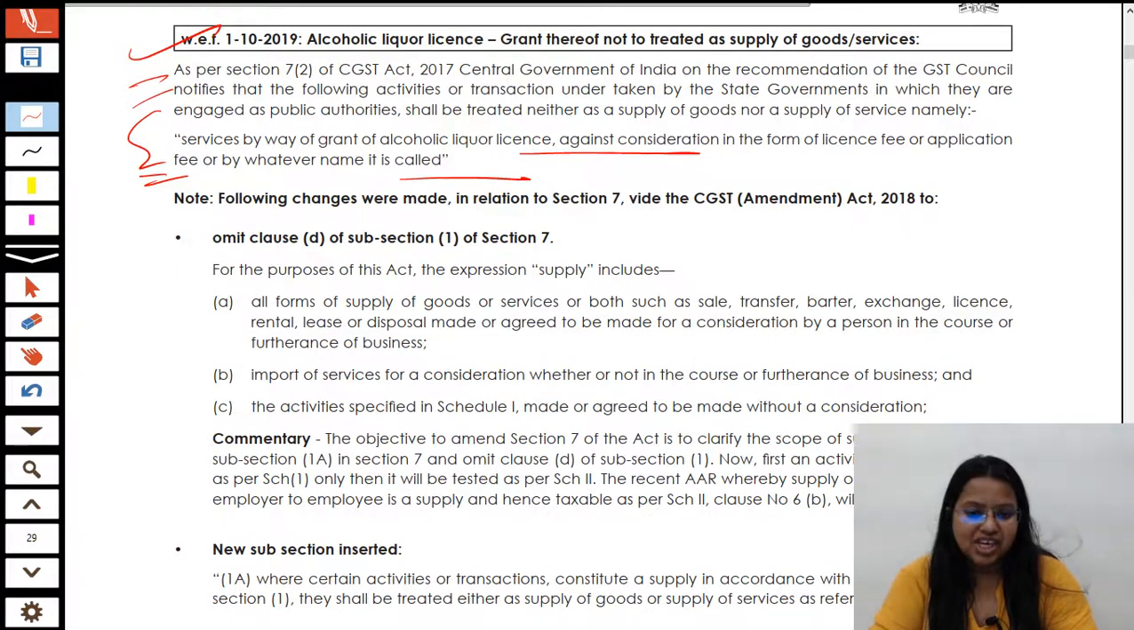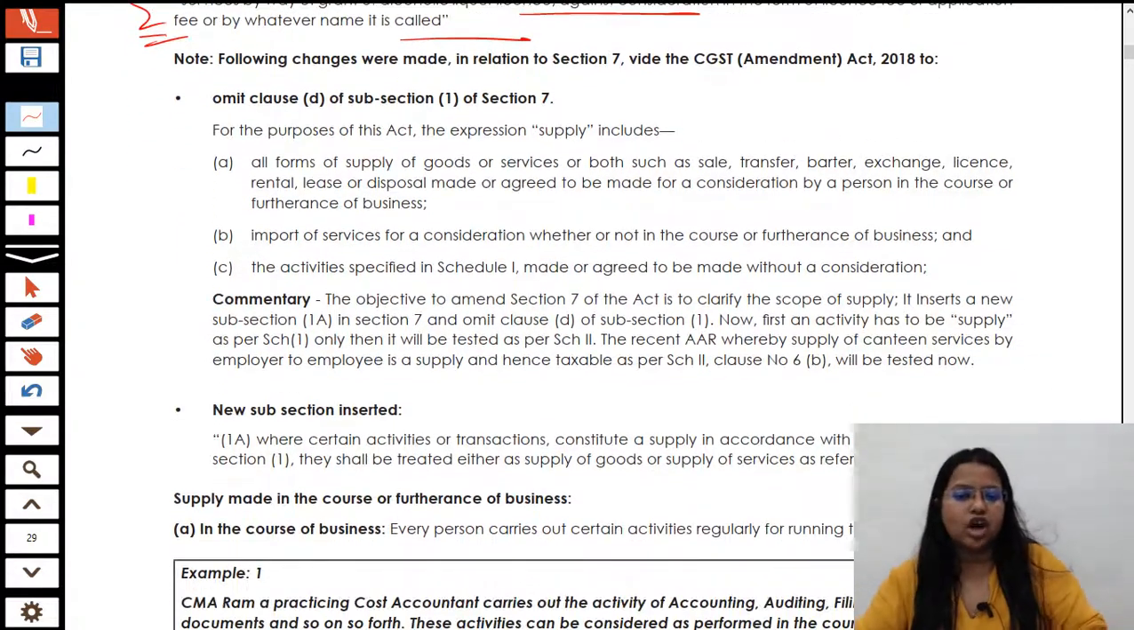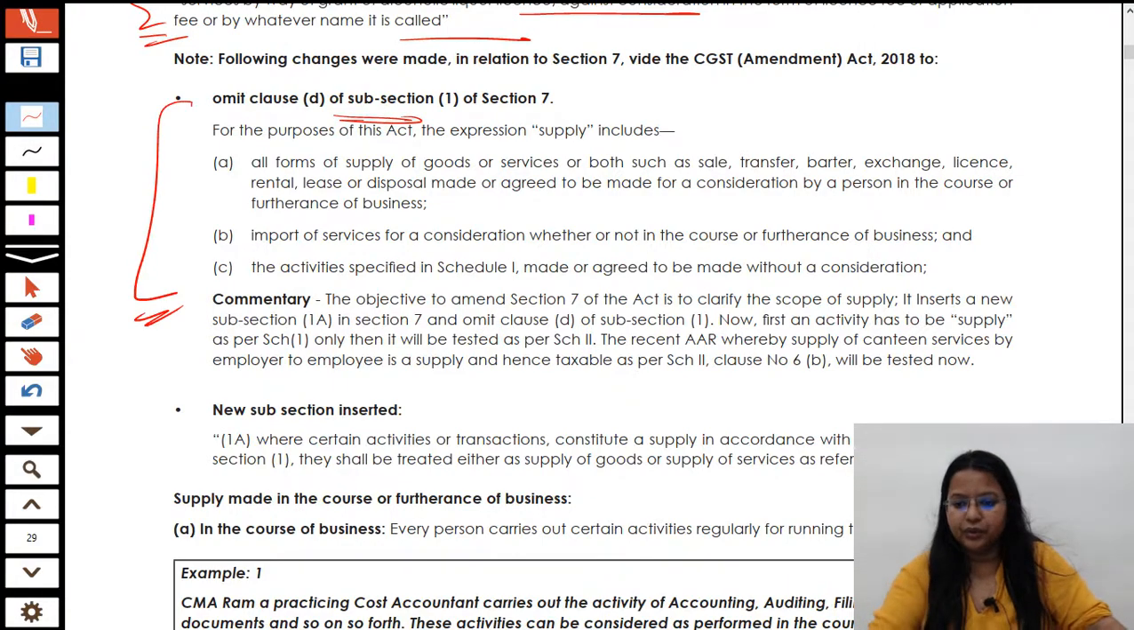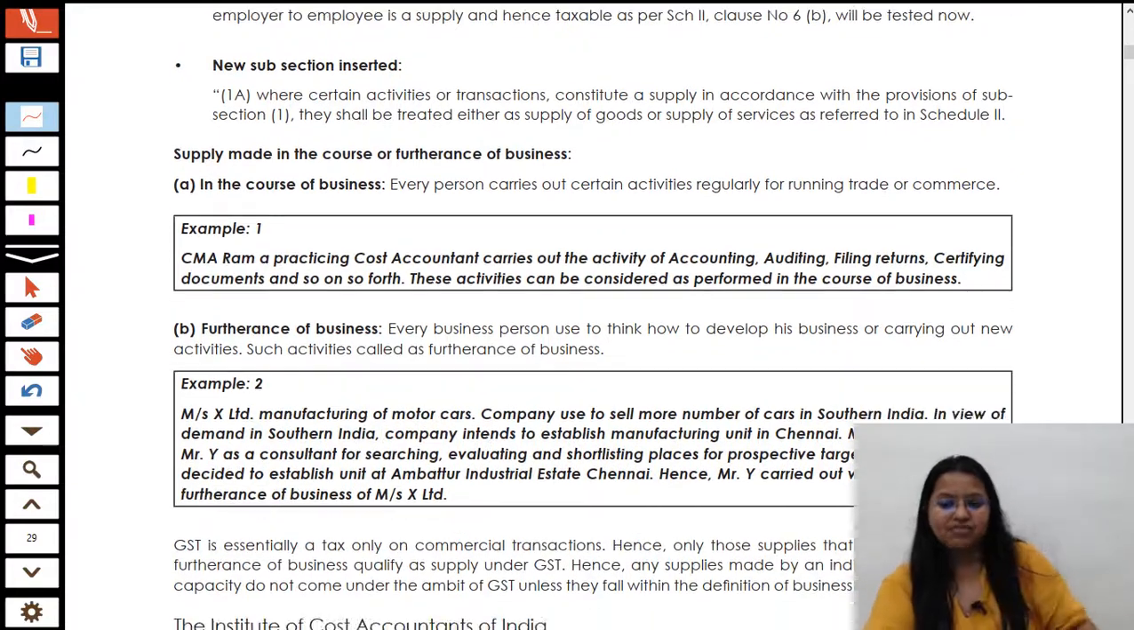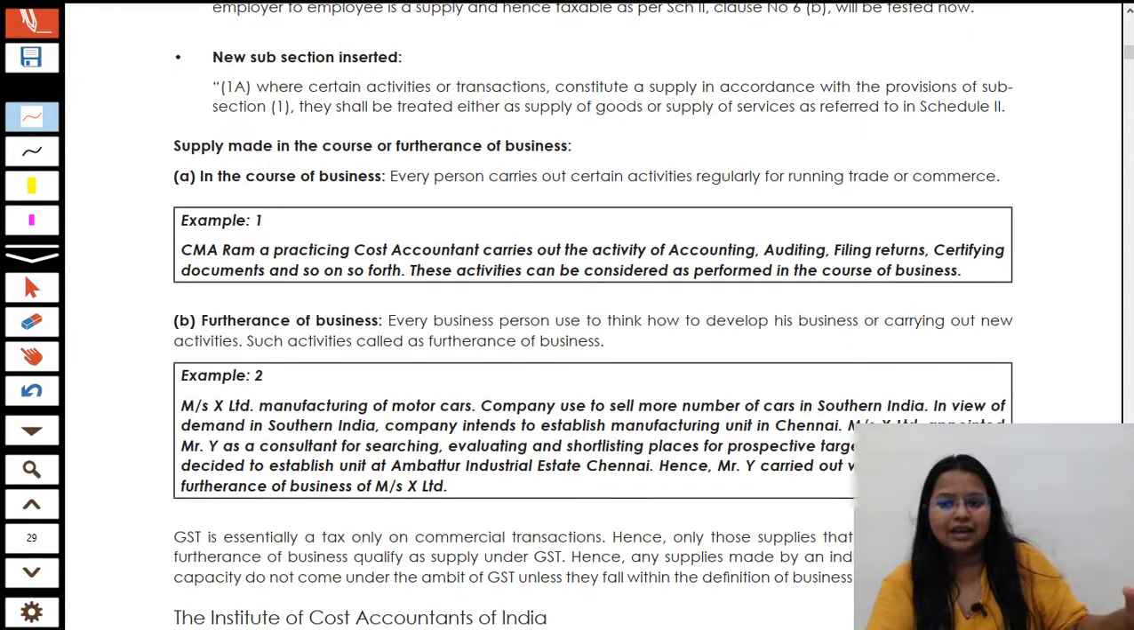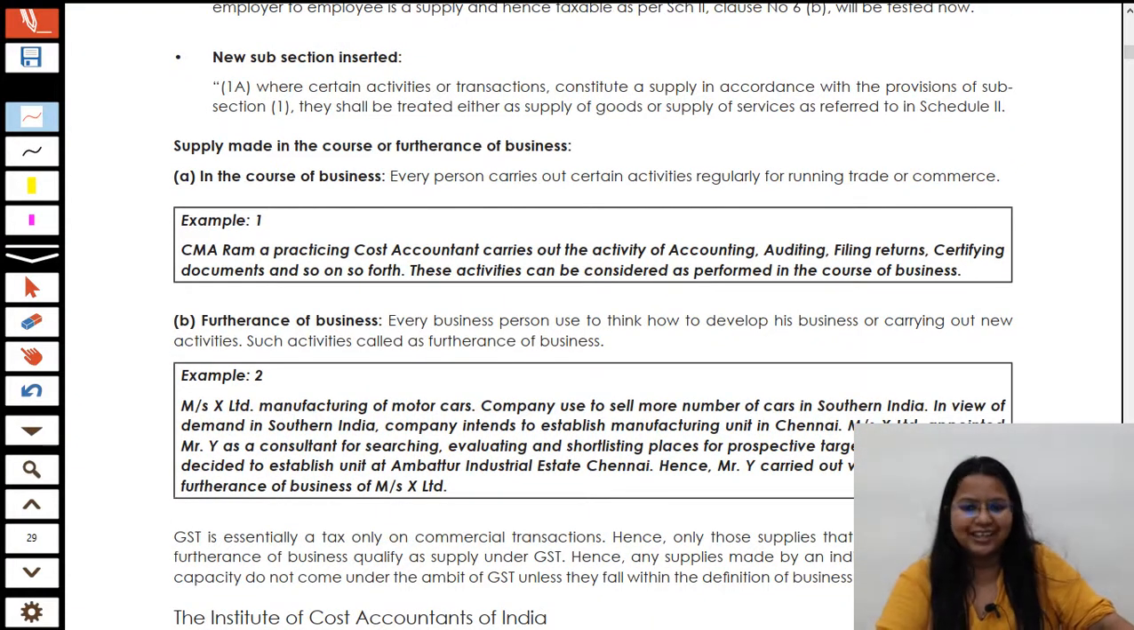Now there are some changes, that is, they have omitted clause D, which I have already told you, so there is no requirement to read it again from there. Okay, we have covered these points: the new subsection 1A has been introduced and all the provisions are changed accordingly. Okay,